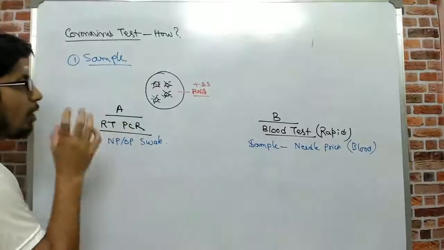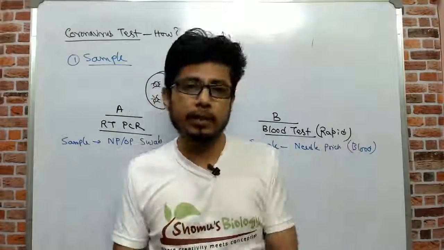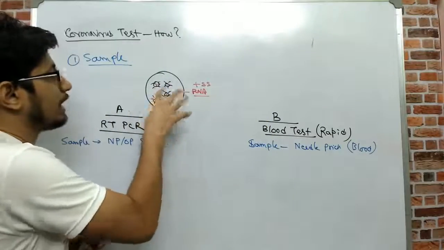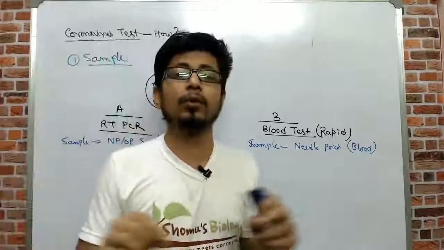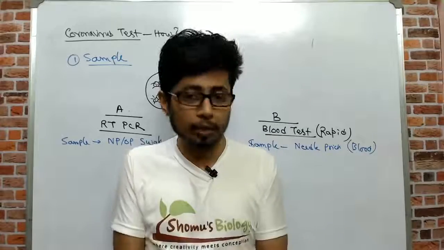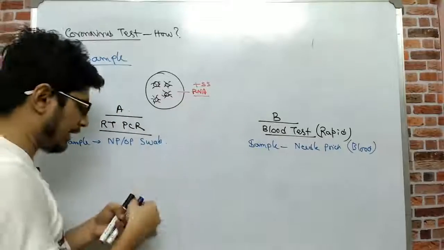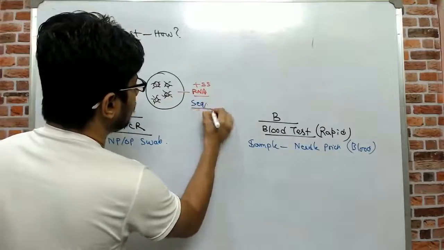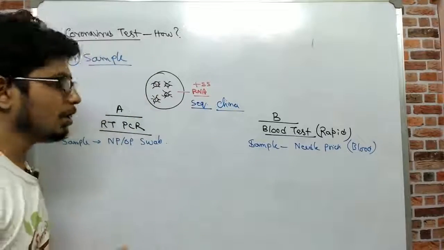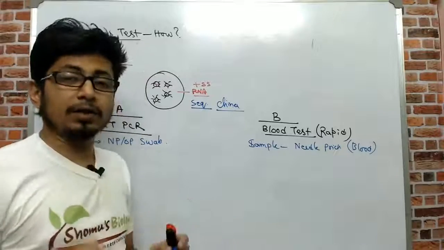So in order to Xerox the DNA, or make multiple copies of the DNA, we need to know the sequence of the DNA. You need to know what you're going to amplify. For this reason, we need to know the sequence of the RNA. Sequence means what the RNA is composed of, because DNA and RNA are made up of nucleic acids. For example, in RNA it's ribonucleotides, for DNA it's deoxyribonucleotides. So for this virus, we need to know the sequence of that RNA, and we already knew that. China provided us that sequence from before. So we know about that sequence, so we can design the method to find a specific region of the DNA.